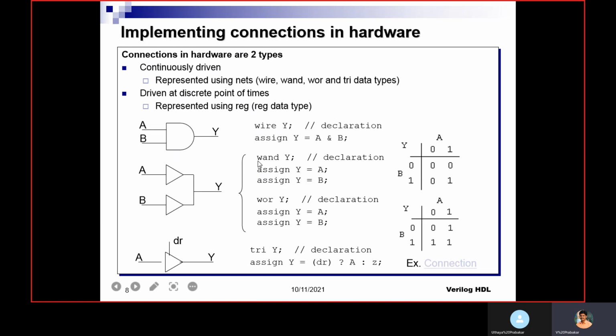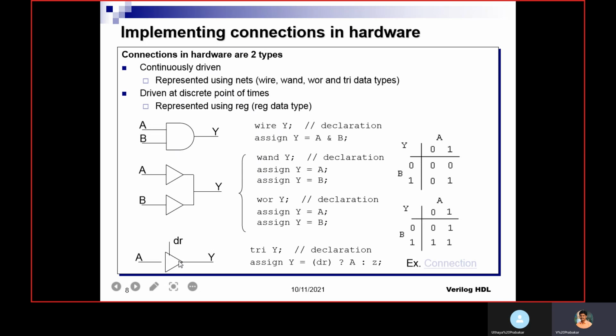Since it is declared with wand, automatically it will perform the AND operation and keep that value. If you want to perform wor, that means wire OR, you need to declare the output as wor. Then you can just assign the inputs to the wire Y. Automatically it will perform the OR operation.